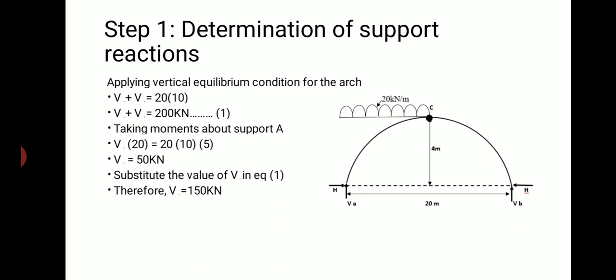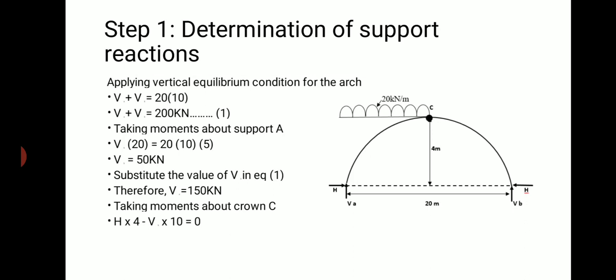So again, taking the moment about crown. If I consider the moment about crown, the unknowns here are VA, VB and H. So H, no doubt at A and B both are same in magnitude and it will be following the equilibrium condition in the horizontal direction, so it will be cancelling each other. But in order to know the effect of the forces, we are also supposed to determine what is the value of H.